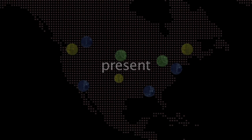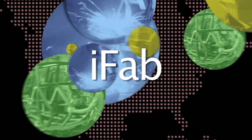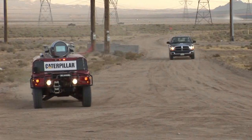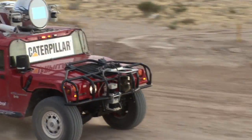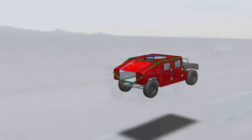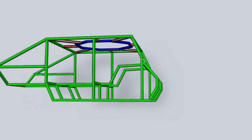Hi, I'm David Bourne. I'm a principal scientist at the Robotics Institute, Carnegie Mellon University, and we've been the PI on one of the iFAB programs. The future is to build custom vehicles or near custom vehicles fast and well. Manufacturing is the key. We need to identify, decompose the design into manufacturable components and make them 5 times faster